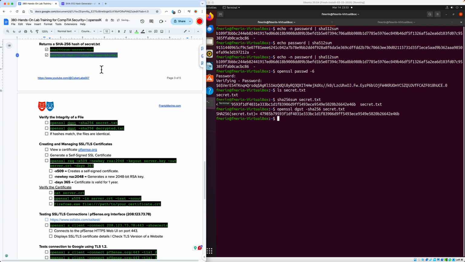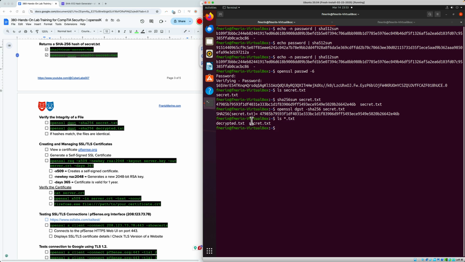And let me just fix that so that way we have our command lines looking good. So we know that we have a couple of decrypted files here. This plain text file, secret.txt, was the original plain text file. We encrypted it and received a secret.enc, and then we decrypted it into a plain text decrypted.txt. Perfect. Now we want to see if these hashes generate the same thing to make sure that these files are